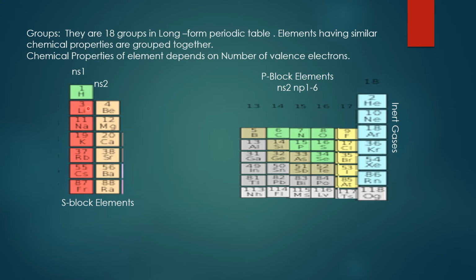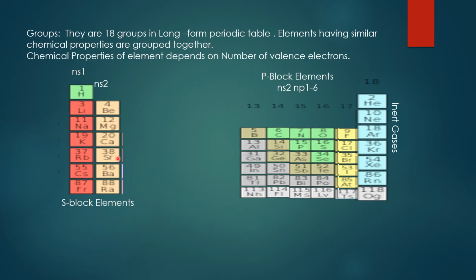If you observe the valency electrons of the first group elements, you will find one electron in their valency shell. So chemical properties of elements depend on the number of valency electrons, and the chemical properties of all 1A group elements are identical. In the same manner, 2A group elements: beryllium 1s2, 2s2, magnesium 1s2, 2s2, 2p6 and 3s2. So this has 2 electrons. All these 2A group elements have 2 electrons in their valency shell.